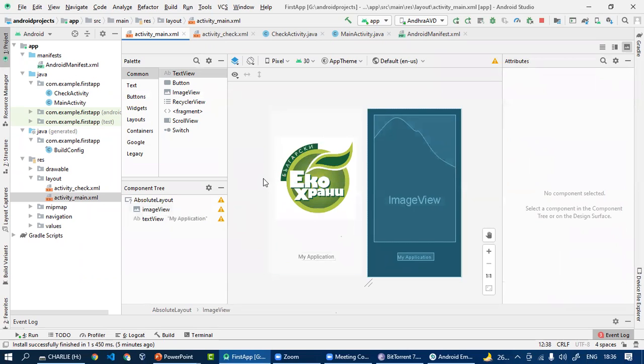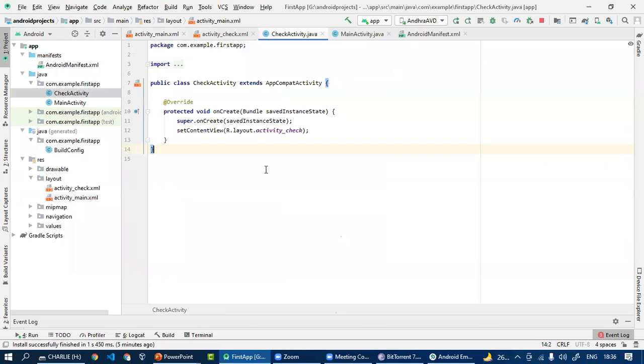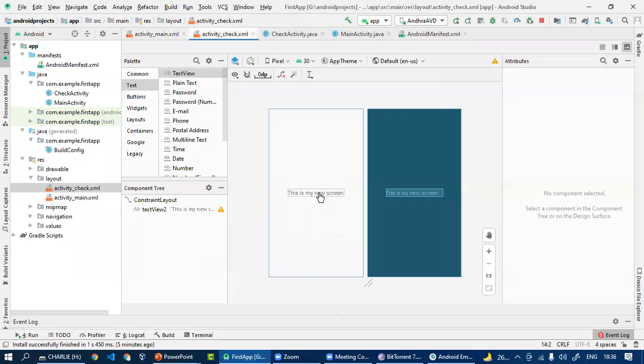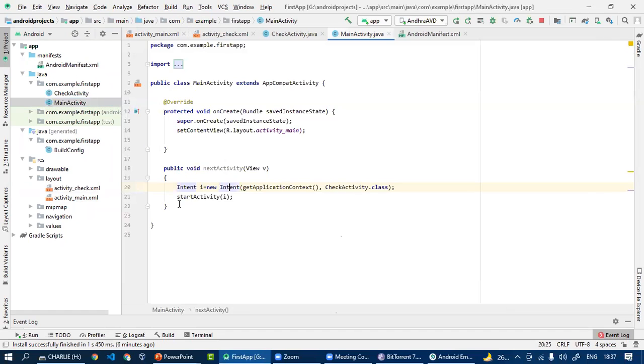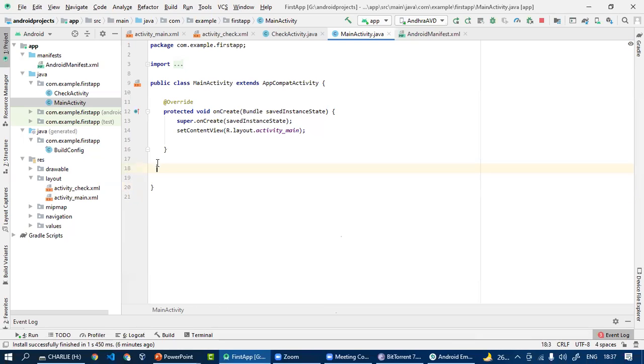So here is your welcome screen, and you want this screen to go away after 5 seconds, so you need to write some code inside the main activity file. So what will be the code? In that case, you will have to write the code inside the onCreate method, when the activity gets created.